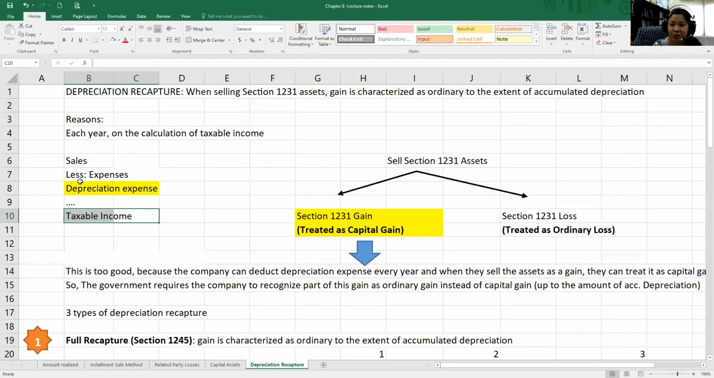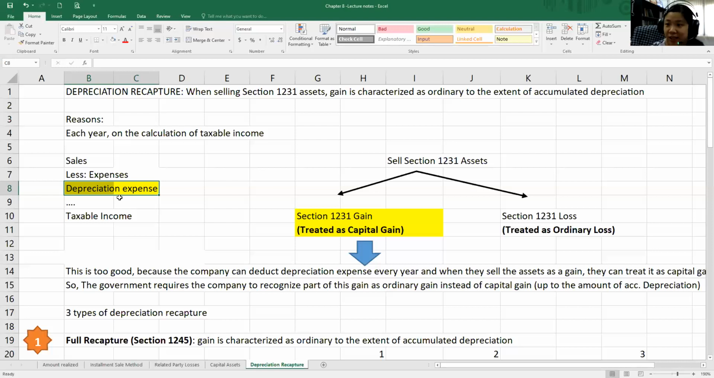Okay, in other words, because the government allows us to deduct depreciation expense, it helps us to reduce the taxable income, and so we can reduce the amount of tax that we need to pay. Okay, so as years pass by, every year we deduct some depreciation expense, and so we have an accumulated depreciation. Okay, so you remember to find adjusted basis, we take initial basis minus accumulated depreciation,